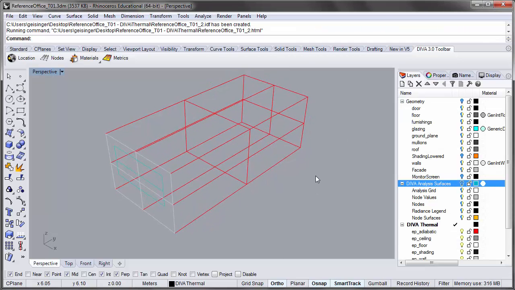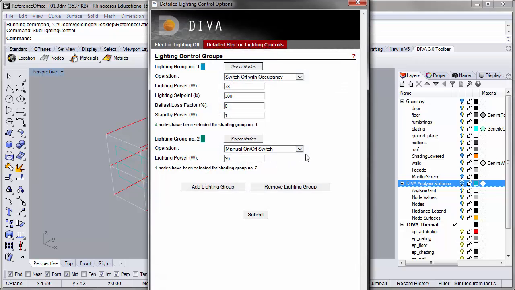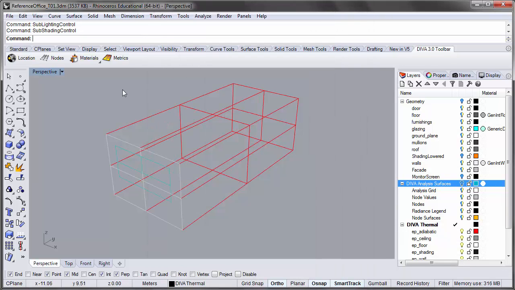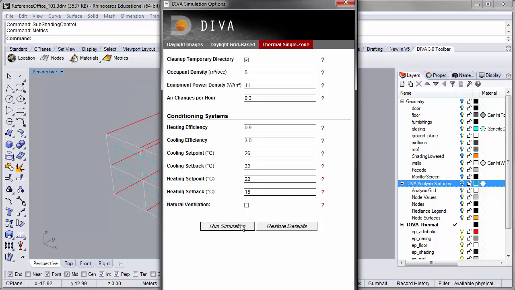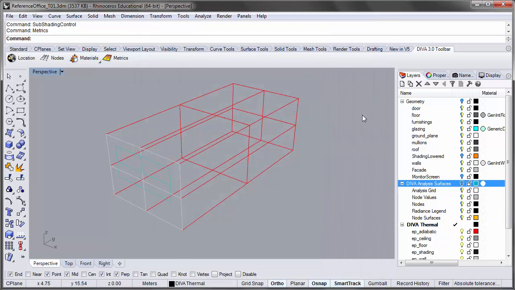And so I encourage users to experiment with different lighting control groups, thinking about the steps that we did in the previous tutorials for lighting controls, as well as dynamic shading. If I go back to the shading controls, so our different shading, think about the trade-offs between the glare performance, daylight autonomy performance, and lighting energy, and then run those different schedules in a thermal analysis, experimenting with different combinations of lighting control groups and shading controls to see how these different strategies can improve the overall energy use, and find the right trade-off between daylight performance and energy performance. So that about sums up the integrated energy and daylighting analysis for this tutorial,